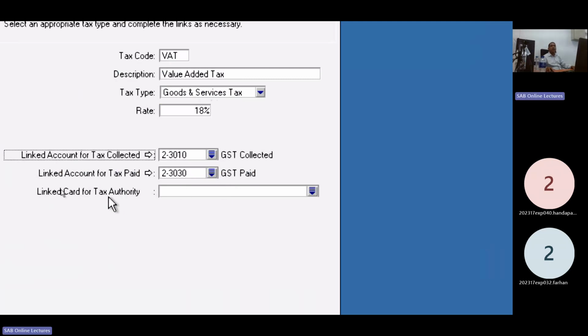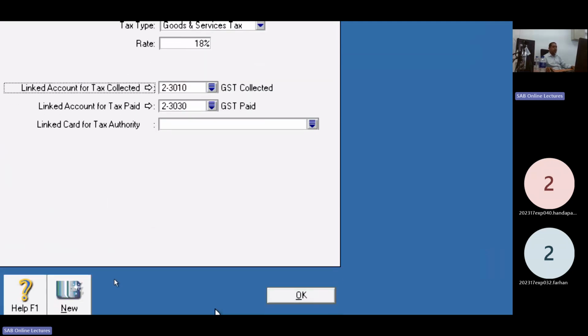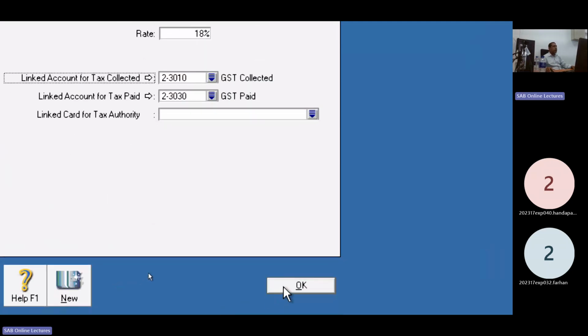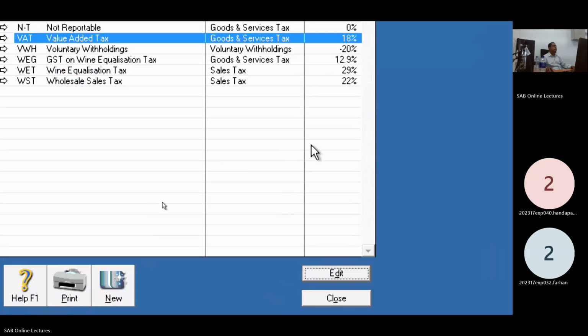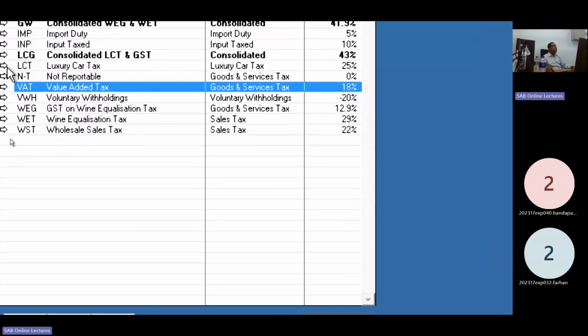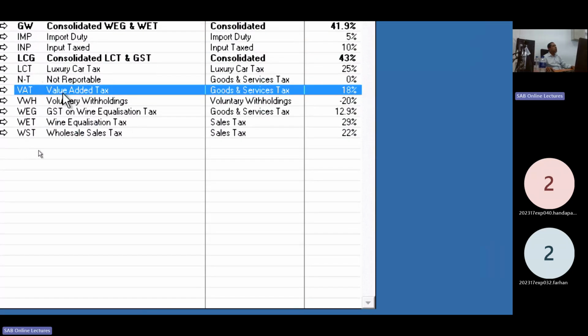If you have any integration with tax authorities like the VAT department, you have to create a VAT department separately, integrated to the tax authority. Then click OK. Now look here, the VAT account is already created under the rate of 18%.